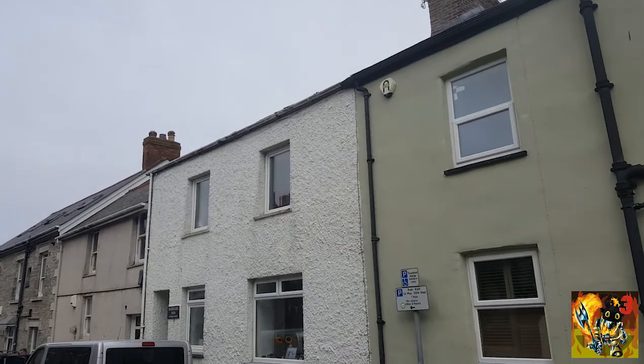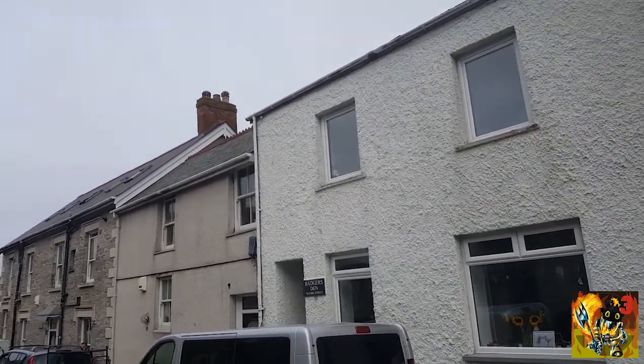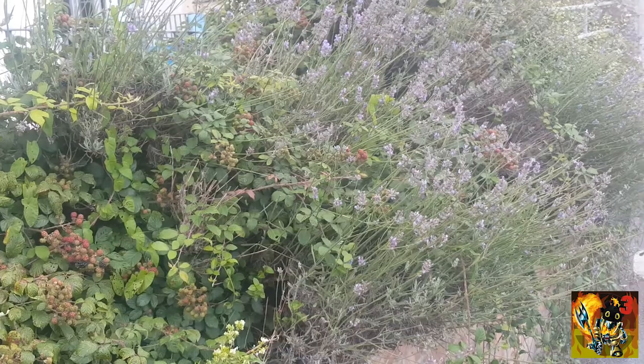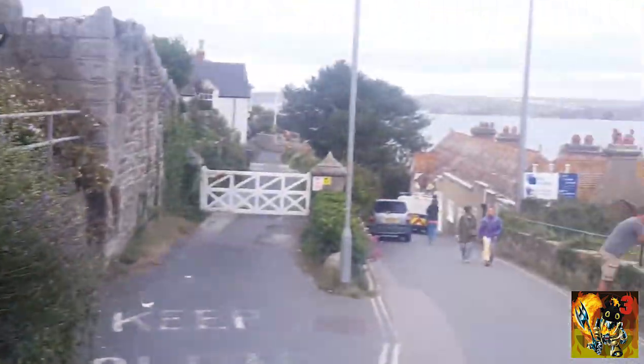Yeah, like I say, this is far too bright and joyful to be classed as part of the UK. We must be in some foreign lands at this point. Got some interesting wall art right here. Nothing greater than some glorious flowers like these in the wind of all things, but regardless, as I zoom out